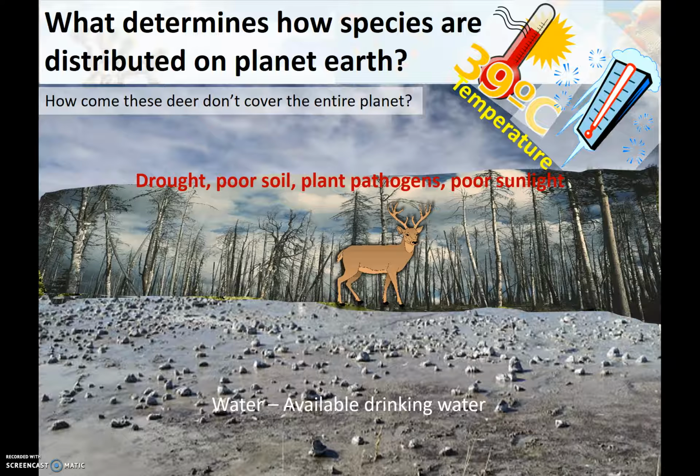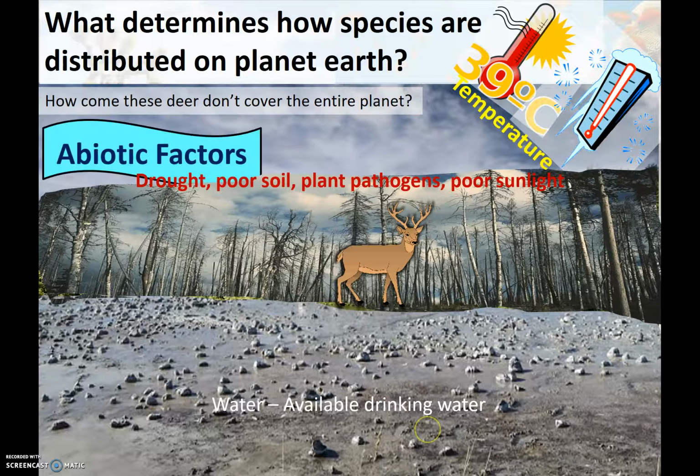If the plants die, now there's no food for the herbivores and the whole food web is affected. As well as sunlight. Sometimes, let's say a volcano erupts and blocks the sun from reaching Earth, that's going to lower photosynthesis or primary productivity, which can also affect the size of the population. And so these factors that are not living things are called abiotic factors.